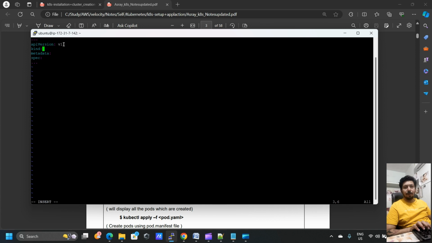In the kind we are going to write Pod as we are creating a pod. In the metadata we are going to write the name as my web app pod, and we are going to label it. So under labels, I'm going to write app as my web app, and in the spec we are going to write the specs of the container. So containers, name of the container, my web app container,